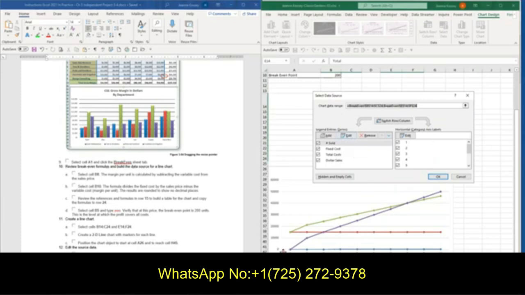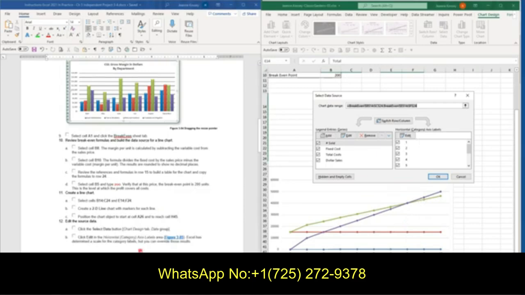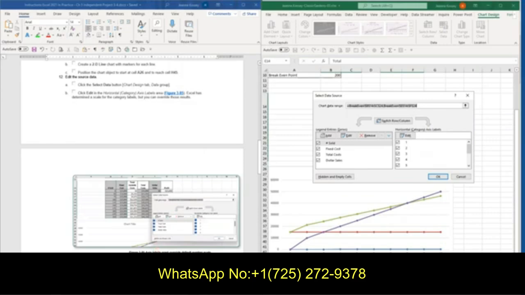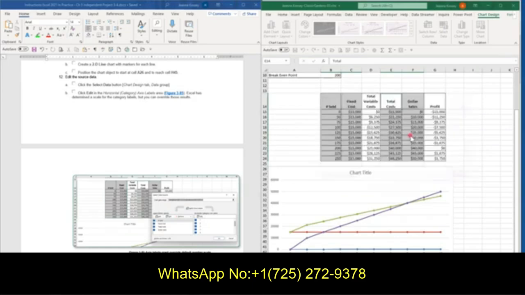You see how it just says 1, 2, 3, 4. We actually want some data to be in there. So we're going to override what they picked for the category labels. We want to select B15 to B24. And so I go to edit for the horizontal, and I select